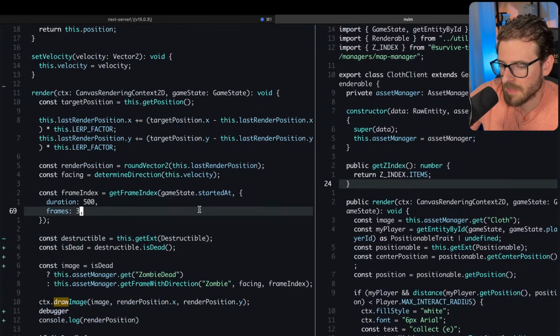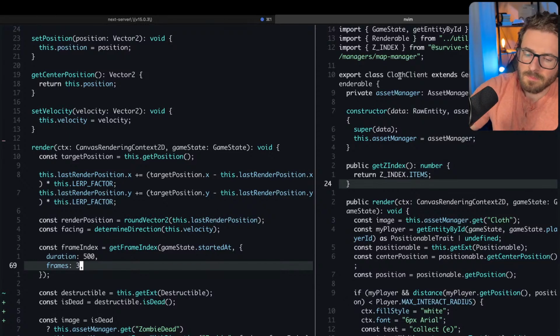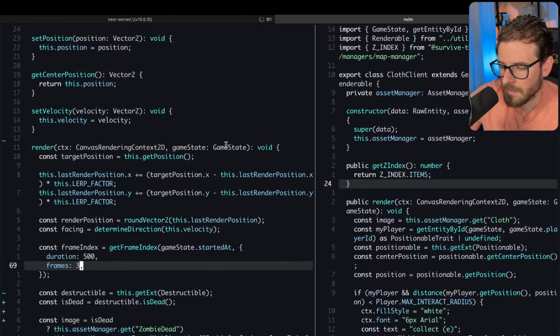But that makes some assumptions. If the zombie entity itself has logic of where it needs to look up the locations in the spreadsheet for all of its frames, you've coupled your entity tightly to your sprite sheet, which could be bad because if you switch out your sprite sheet, or you decide you want to use individual sprite sheets for different enemies or for the human... I mean, granted, you could use helper functions to quickly refactor that away, but something has to know how to look up that sprite sheet.